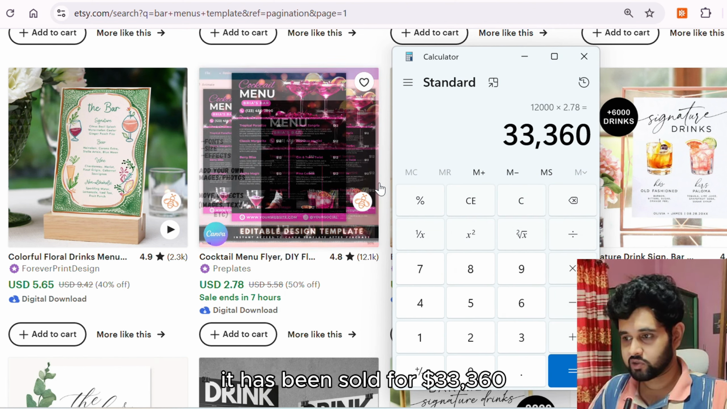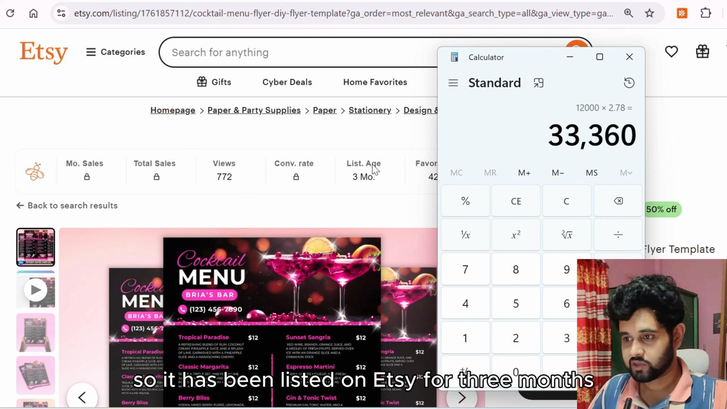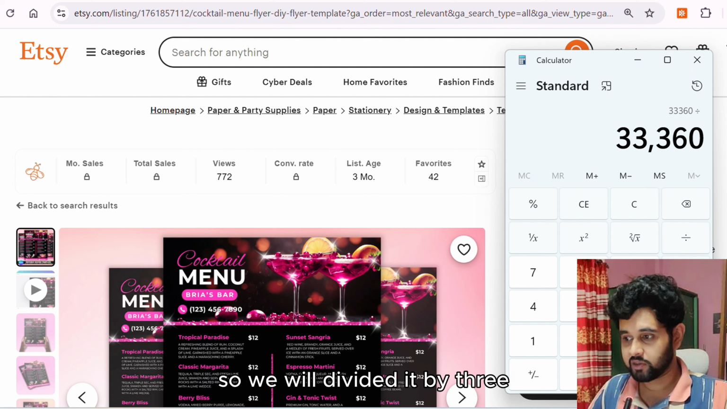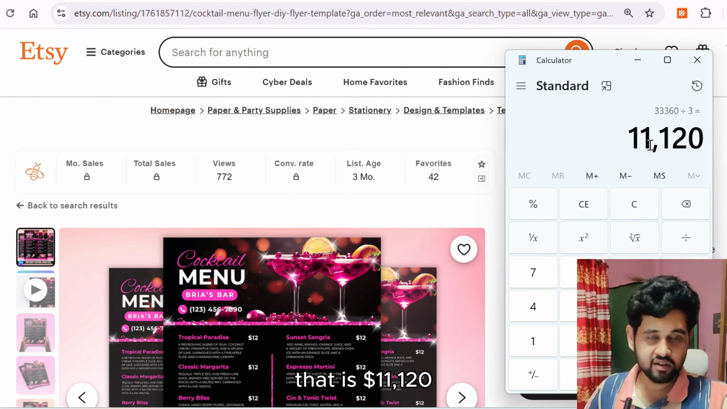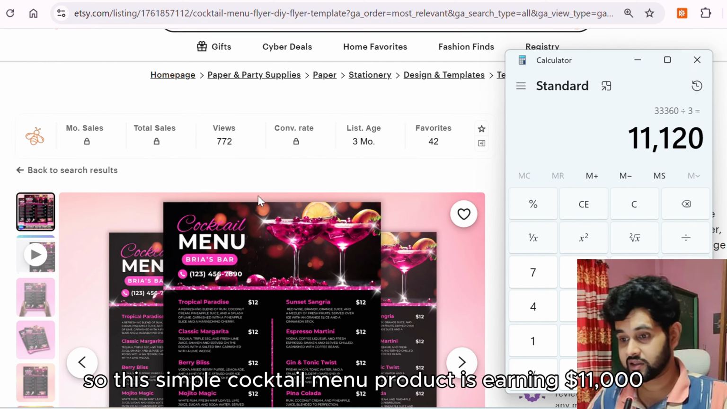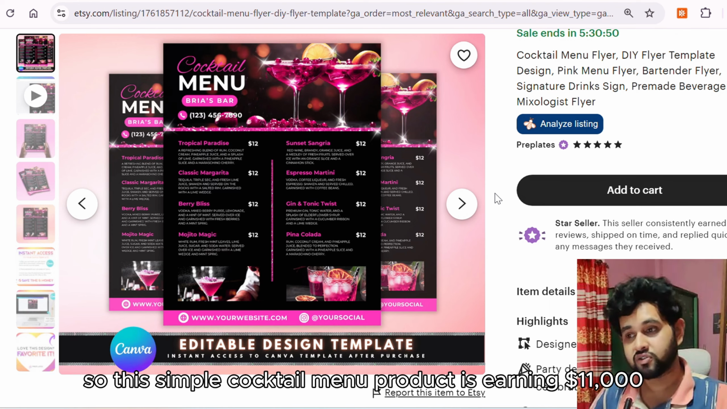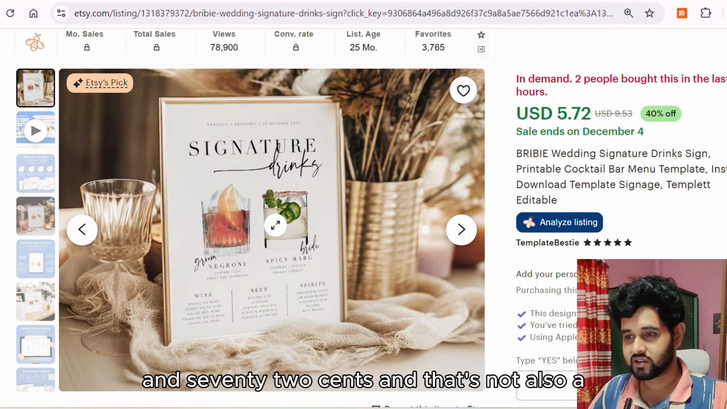$2.78. It has been sold for $33,360. So it has been listed on Etsy for 3 months. So we will divide it by 3. It's the monthly earning of that product, that is $11,120. So this simple cocktail menu product is earning $11,000, and this product is selling for $5.72, and that's not